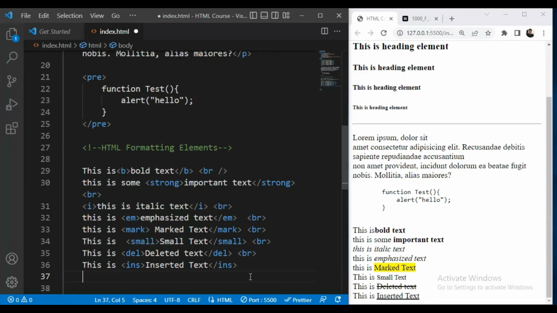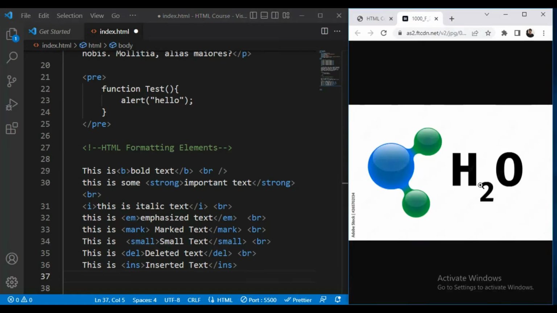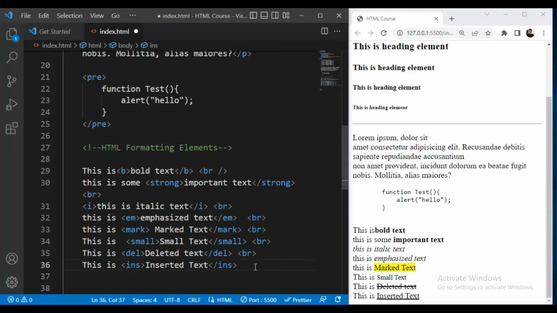Then next we will see the subscript text. So for example, you have seen in chemistry we write H2O. So we have the 2 below the normal line. So we can write this with the help of subscript tag.